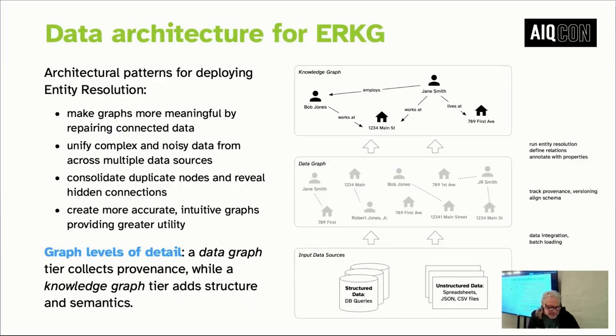One of the things I like to describe about using graphs is to think about graphs in terms of levels of detail. At a very low level, you've got sources, and then at a higher level, you've got some organization of data engineering work to ingest it, and a lot of provenance and evidence of how it might link together, but not necessarily the parts that are linked. And then up above, you have another level, more of a knowledge graph, where you actually have the entities defined, what the relationships are. You can use this to do inference. You can use this to be running the RAG and using it for an